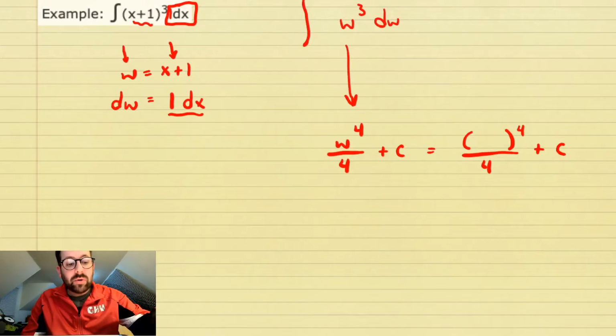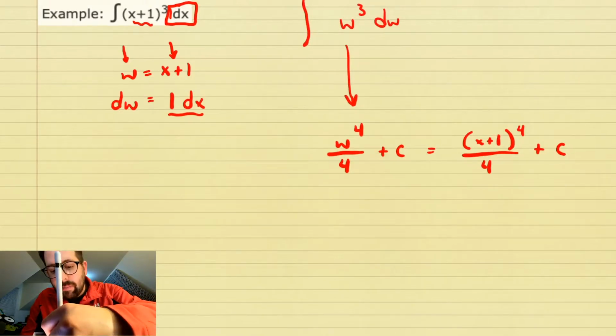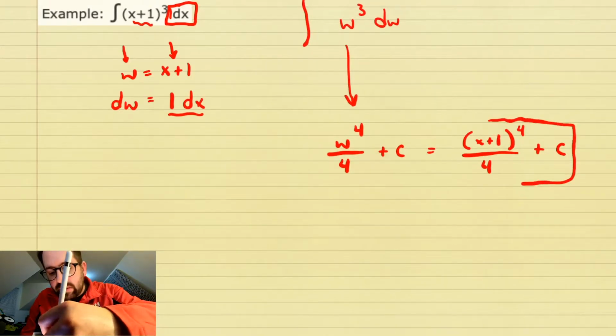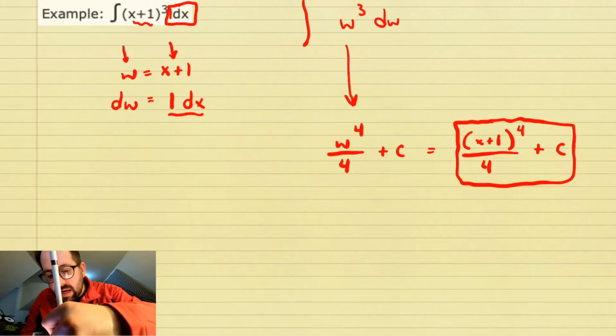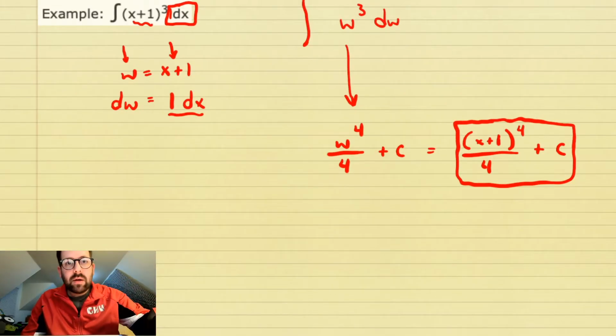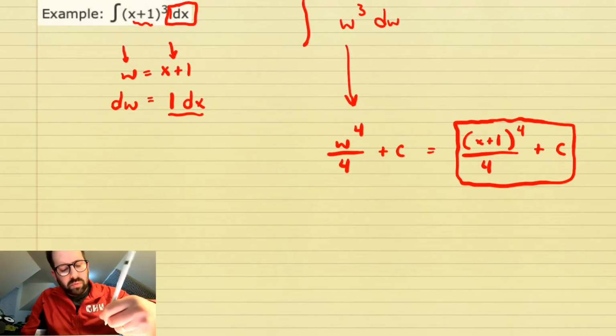The original line that I substituted out was x plus 1. I have to plug that back in. This is the answer for this problem. That is the antiderivative for this integral. That's the idea. So you substitute it out so it makes it easier to look at, so you can do a normal power rule or a normal trig rule, but then you have to substitute it back in at the very end. So it's kind of clever the way that it works, just to prove the point that it actually does give you the